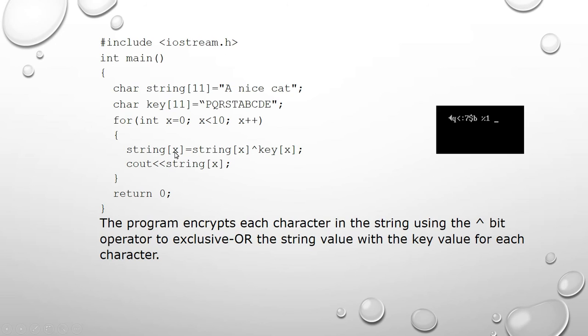Okay, so now here the string x location means 0 location. Okay, so x location should be stored with which type of value? String 0 location with exclusive OR, caret of key's same 0 location. On the first string x location 0, inside 0 location you are having A, so A caret of P should be there. Okay, so when A caret of P is there, you have to print it by using the cout statement, because we are writing in C++. If you are using C, you have to use the printf command. So here you will be getting this type of symbol,